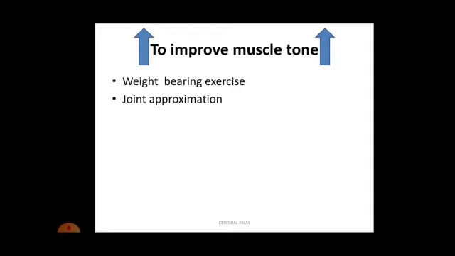Joint approximation, that is always facilitatory to increase the muscle tone. Clear? But the thing is, when the joint is injured or inflamed, this compression or approximation should not be practiced. Fast stroking with the brush. Okay, so again that will be stimulating your nervous system, that is CNS stimulant. Many times it is also explained under the Rood's approach, that if you give fast stroking or fast icing, okay, so that will stimulate your central nervous system. Yeah, that will activate your receptors, and ultimately the tone will increase.